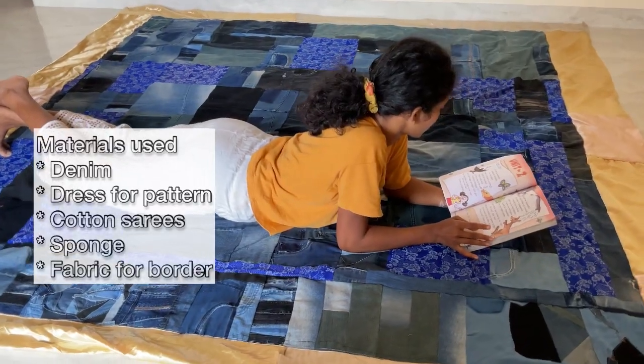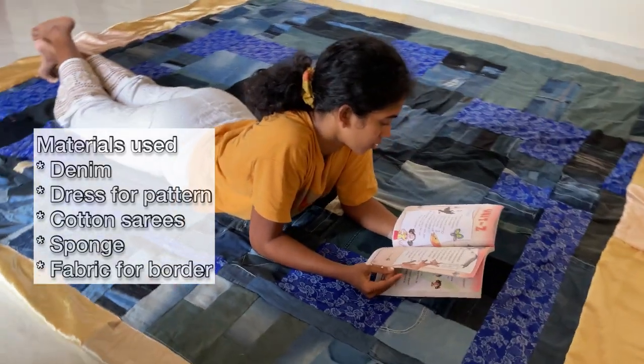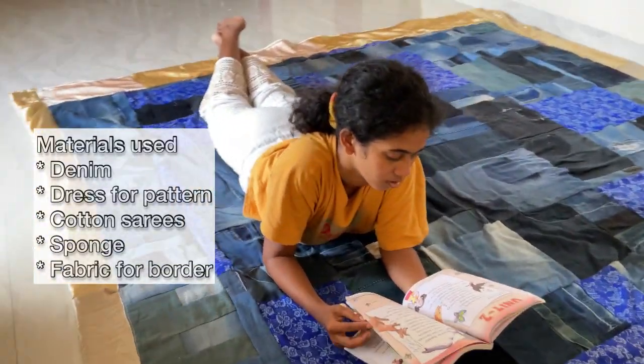We have seen some baby quilts in one of my previous videos, and in today's video we are making a big quilt. Since it's the first time that I'm making a quilt this big, I didn't know many things. So there are a lot of mistakes that happened, and I learned many lessons. Also, I don't have too many clips, but I have only a few clips which I'll be putting in here